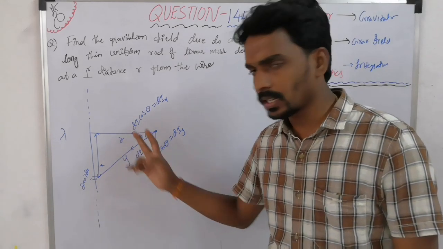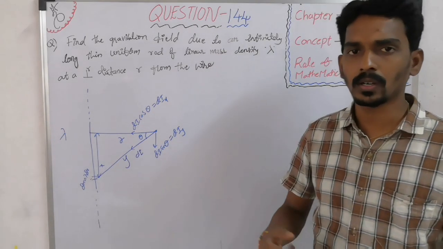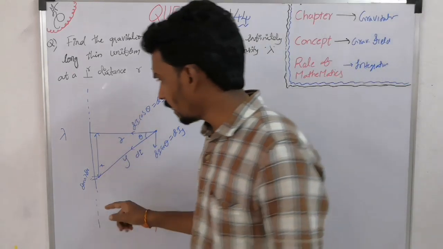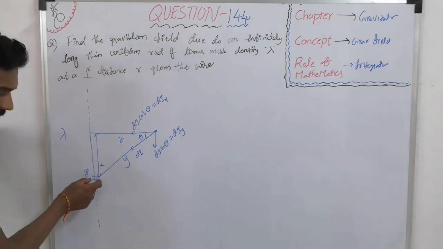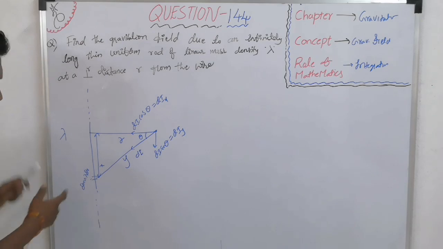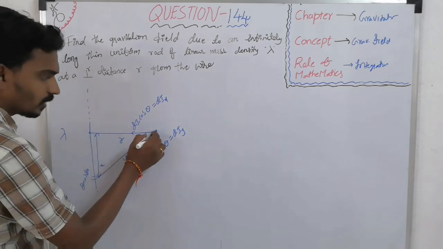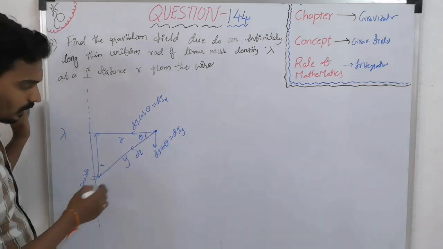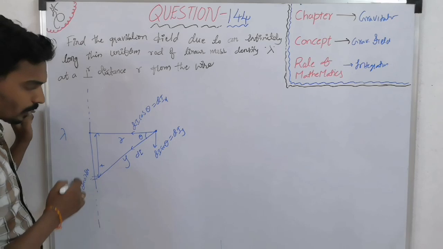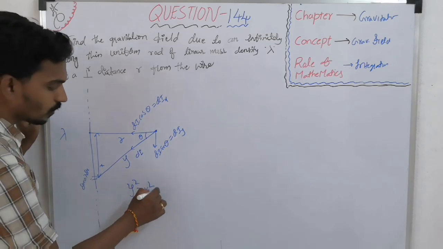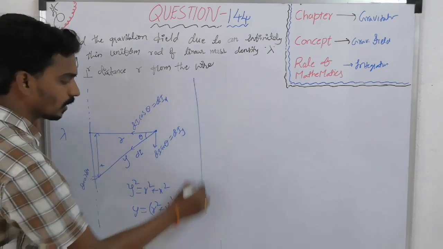Now at any perpendicular distance from the wire whose linear mass density is lambda, if you want to find the field, it is a continuous mass distribution. That's why consider one small element. Let's take a small element of mass dm at a distance x from that reference point. This is the distance of the point where you have to find the resultant field, and this is a right angle triangle where y is the distance of the point from the element. So y square equals r square plus x square, so y equals (r square plus x square) whole power 1 by 2.